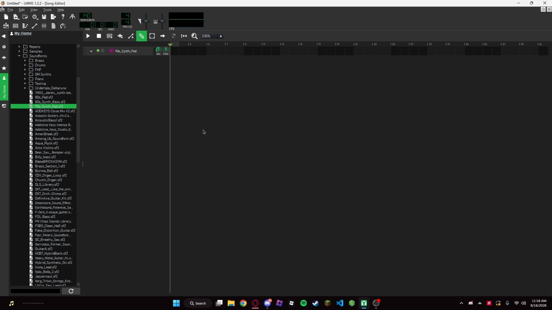Now, at first, when I heard that sound, I thought it was a choir or lead synth, but whatever instrument it was, it was really confusing to specify. But I think I found it. I found a way to achieve this in this specific studio, LMMS. If you could do this in FL Studio,